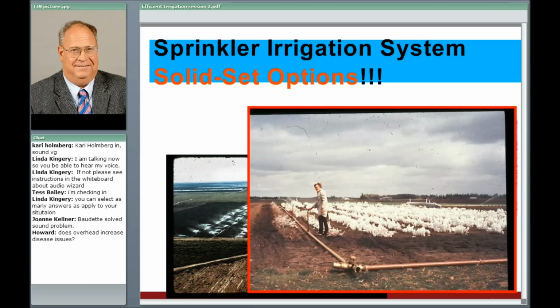And it seems like in northern Minnesota, we're always fighting frost in one way or another. The little picture on your left is actually snapped out in California. And there they have center pivots, and they start with one side of the field. I'm sorry, I didn't mean center pivots, I mean solid sets, and they just keep moving the pipes across the field as they irrigate. And the advantage, there's some other advantages. The application is extremely accurate. Every inch of the